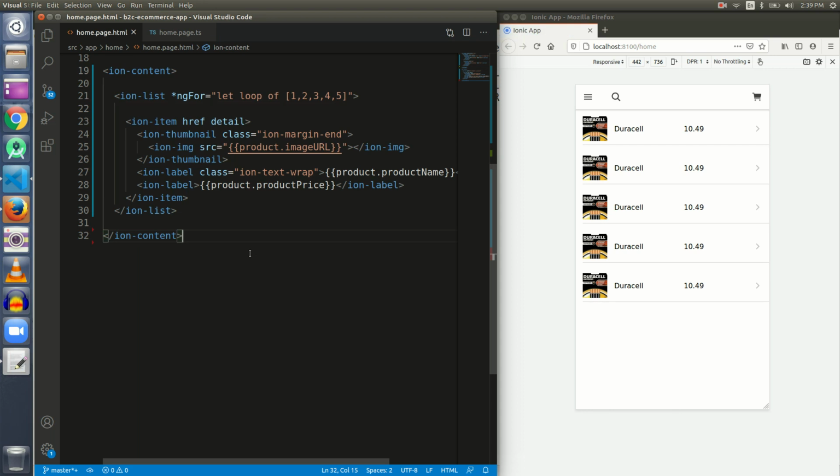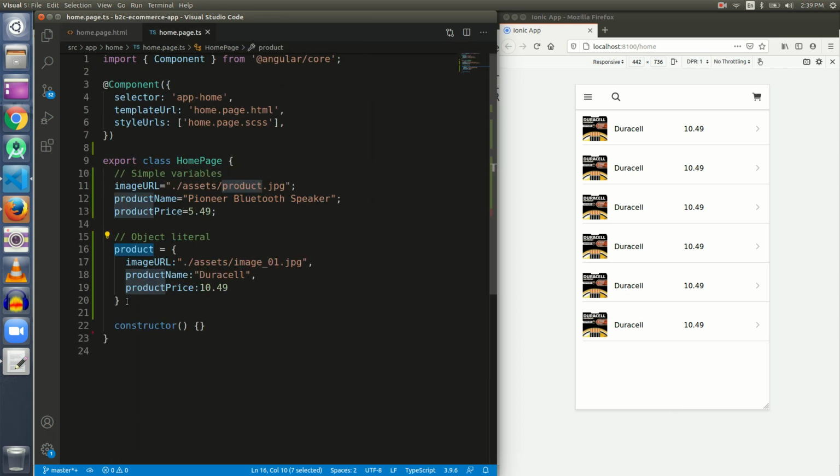Okay, now I think you got my point. If I increase the value of this array, it will iterate through the array 6 times, and whatever I want I can do it. Now let me put this array again inside of the TS file. Let's copy it, and it is our third variable, array. A very basic concept in programming.